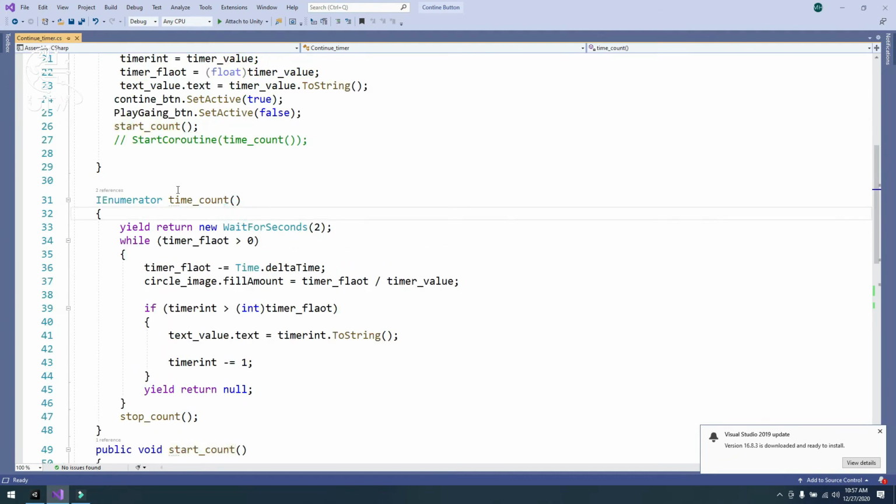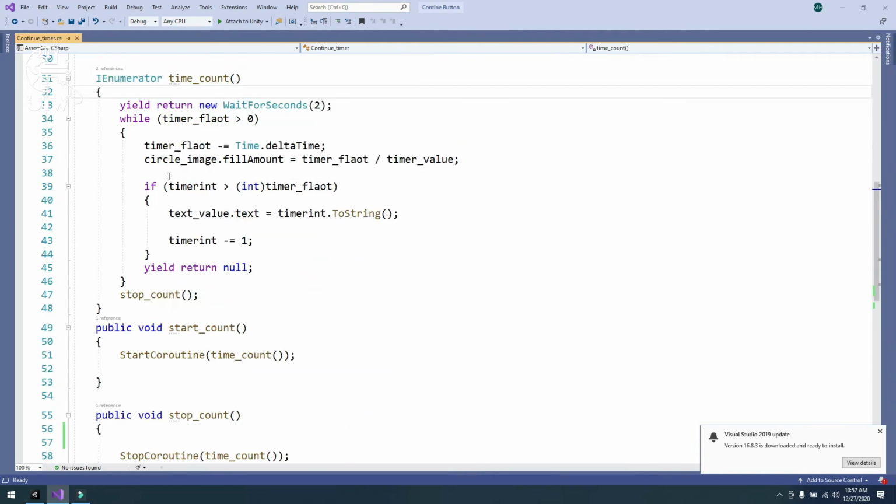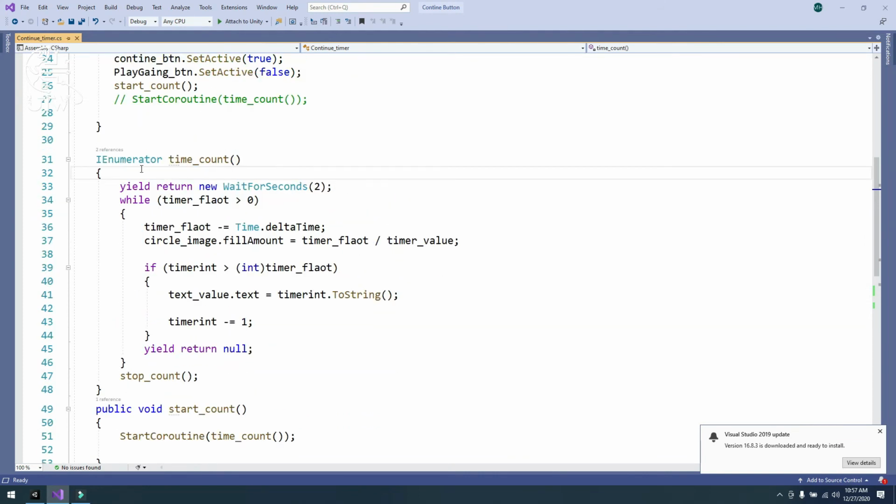Now go to the timer count function. Simply create IEnumerator TimerCount, yield return new WaitForSeconds 2 seconds. I have used a loop: while timer float greater than 0, then timer float minus equal to Time dot deltaTime.